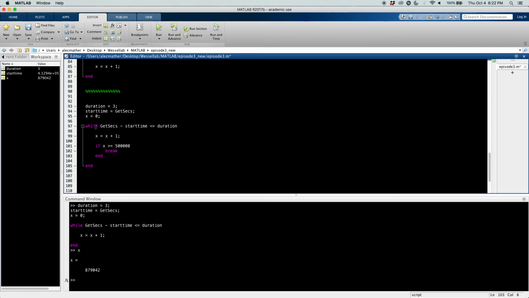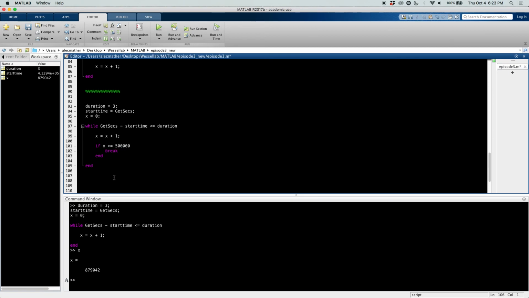So every time this loops down, it's going to do its +1, and then it's going to evaluate this if statement. And it's going to say if x is greater than 500,000, then break out of this while loop, meaning break completely out of it and come down here. So if I do this, then x should end up being the value of 500,000, because it's just going by ones, as soon as it is 500,000, it'll stop and it'll break out of